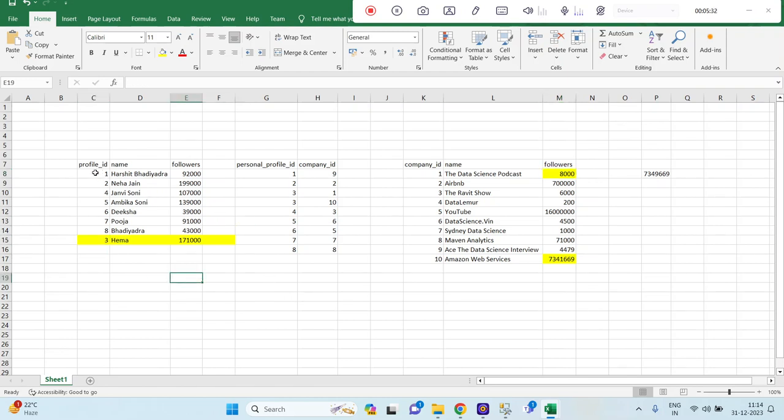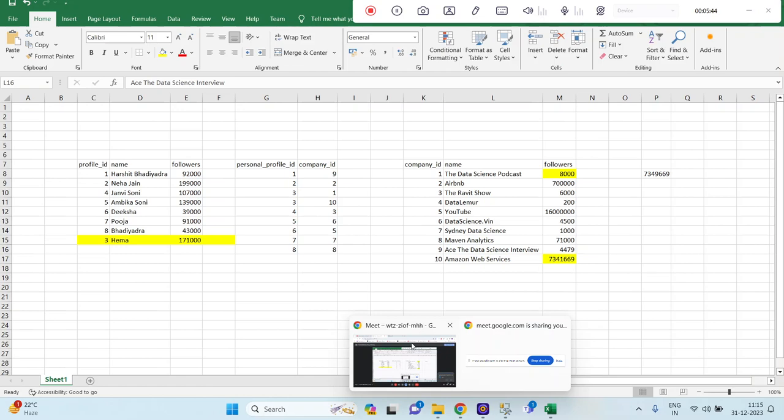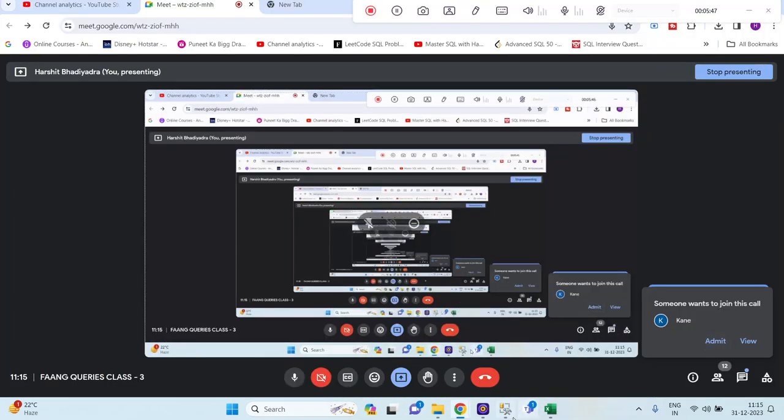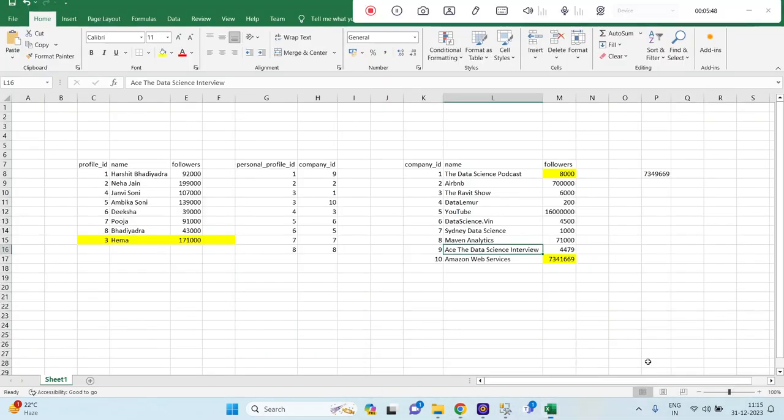Now let me take the example of 1. 1 is working for company ID 9. Is 1 coming any other place? No, right? Is 1 coming in any other places? No. So over here